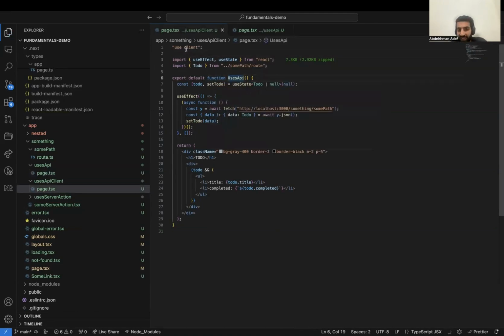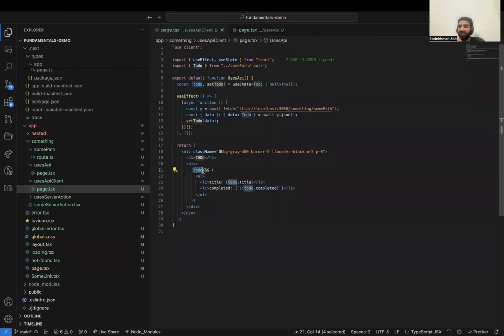Because it's a client component, I can do pretty much everything that you would do normally in React. I can use a lifecycle hook, I can use state, I can use effect, and I can do everything. This is the average React component you would get. And here, because we are fetching data, we're doing it like you would normally do it. I'm creating a state, and then inside the use effect that runs once, I'm creating an IIFE. This function fetches the same exact data, does exactly the same thing,